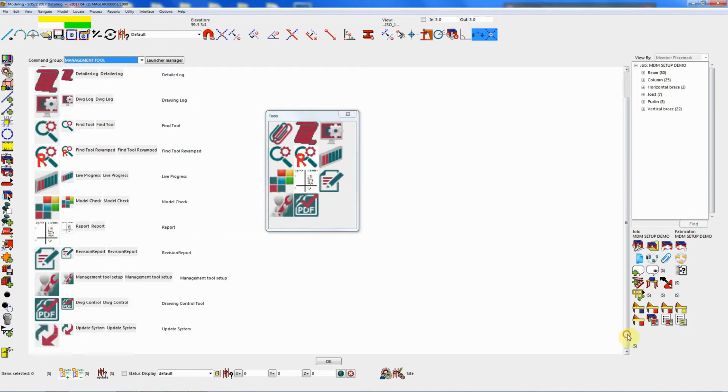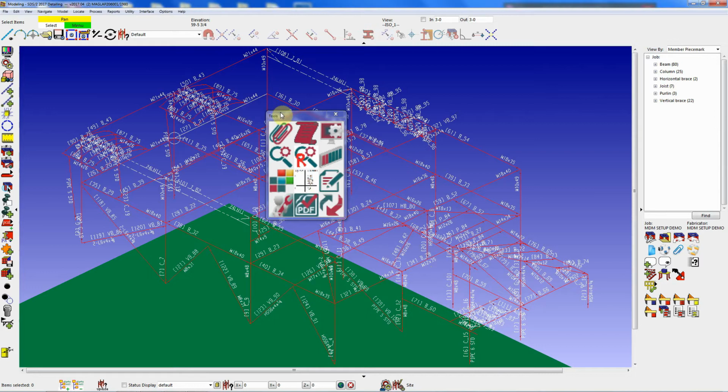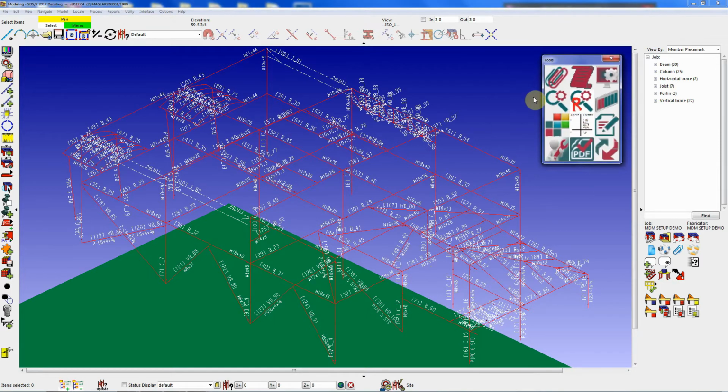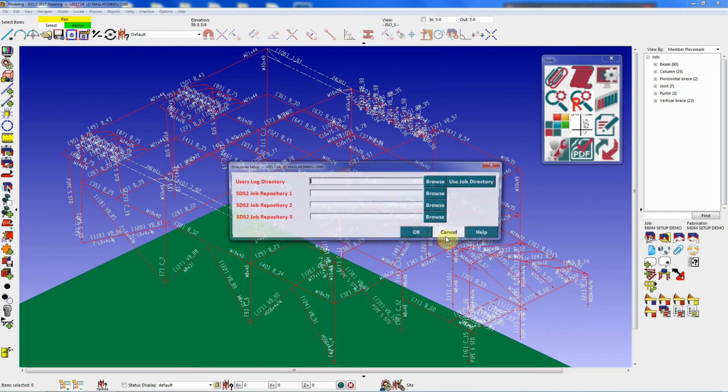And then lastly, the update system. So now we just save it either as a default or perhaps give it initials for, in this case I know it's for the MDM, or my initials, as you normally would do. So at this point, if I was to run the update system tool, I will get the directory set up. However, if I cancel this